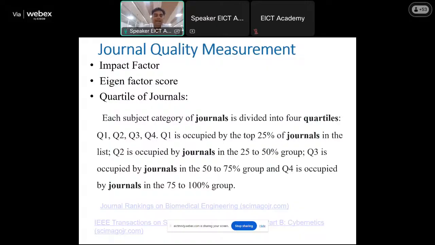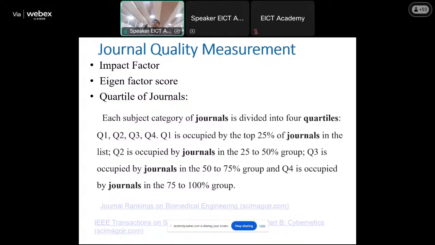So impact factor देखा, eigen factor. Okay, so eigen factor is also one of the important parameters to identify the quality of the journal. ठीक है. so eigen factor को समझने के लिए आपको क्वार्टाइल ऑफ द जर्नल समझना पड़ेगा. What is the quartile of a journal? Okay, so